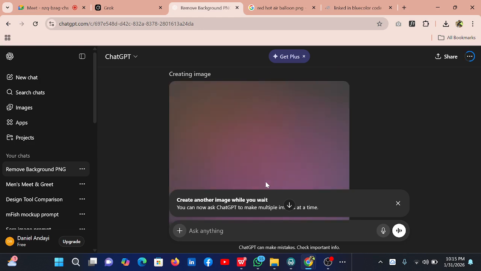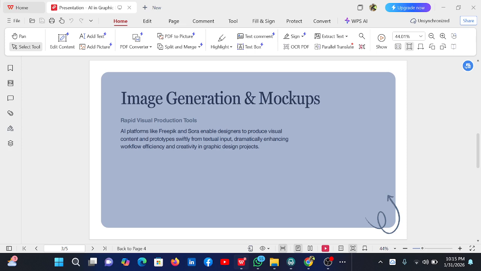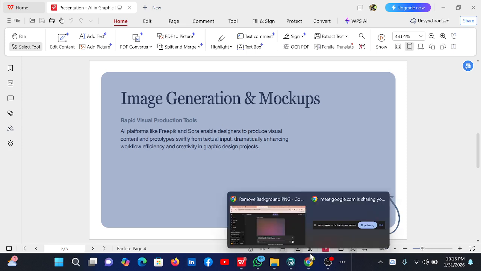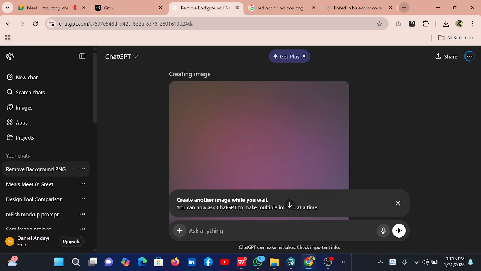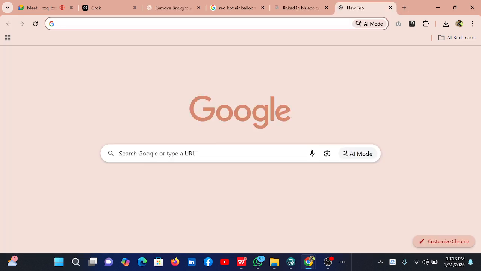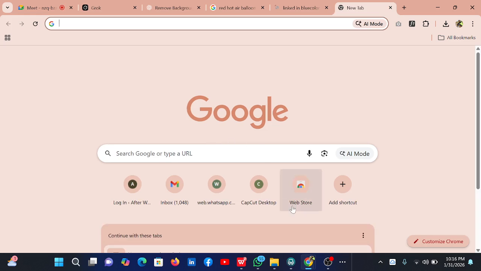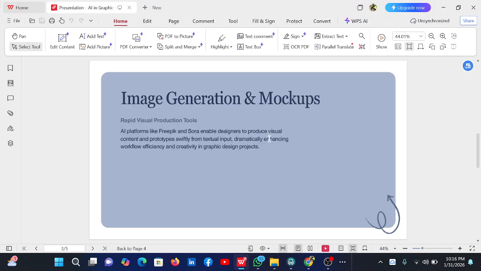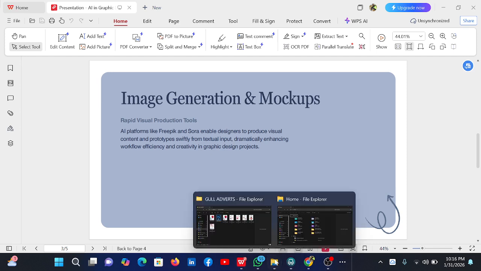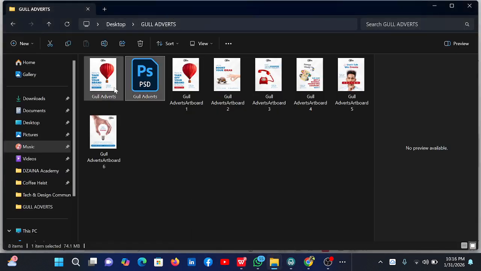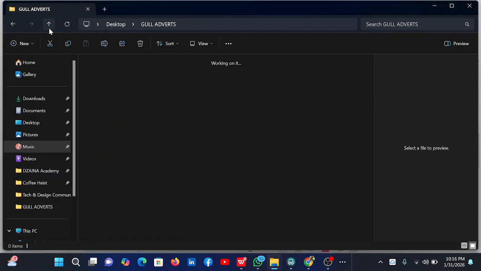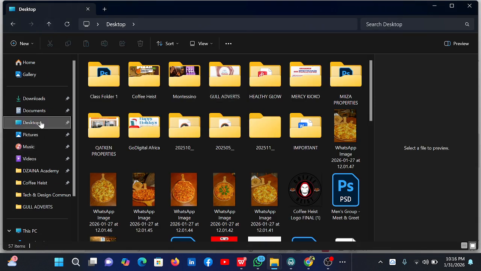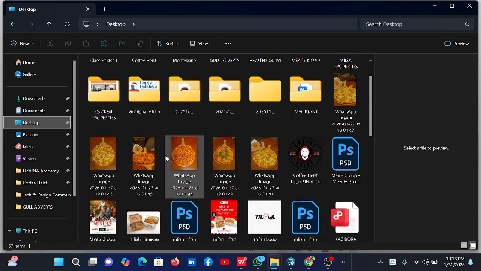So as it is generating the image, let's see something else. Image generation and mockups. Kama bado una generate, let me show you how hard it used to be to get an image. So if a client told you to do something like design a flyer, let me go back to the exact flyer tulitumia saa zile, the one for where is it?